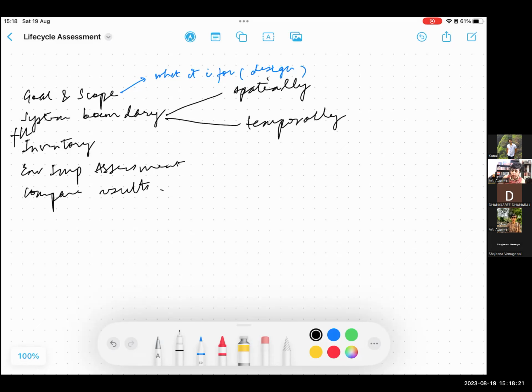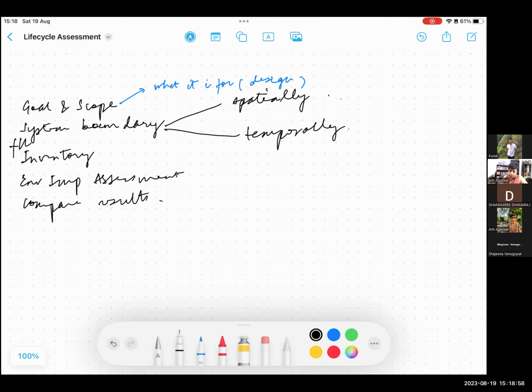So spatially and temporally, they are not mutually exclusive. First of all, when you're defining something spatially, most of the times you will be defining it time-wise also. Temporally means on a timeline. So how long is your timeline? If you're defining it, for example, cradle to cradle or cradle to gate, you are defining a timeline also, right? It's not that you're only defining the product alone or physically alone. You're defining the timeline as well along with that. So both of these have to be specified, is what I'm trying to say here, right? They both have to be specified